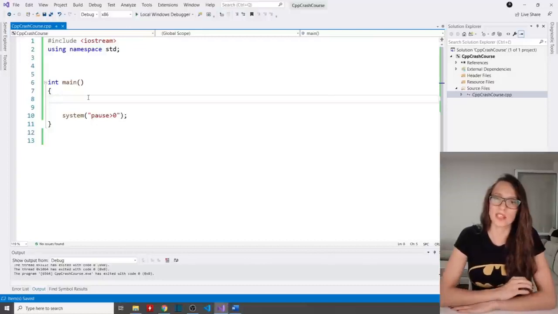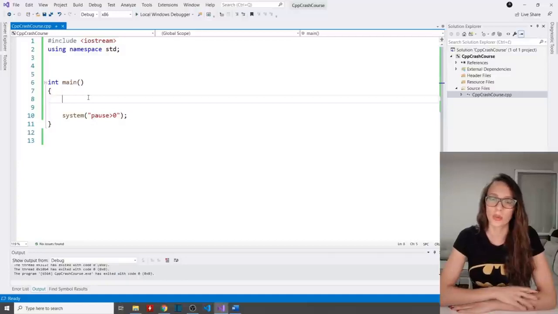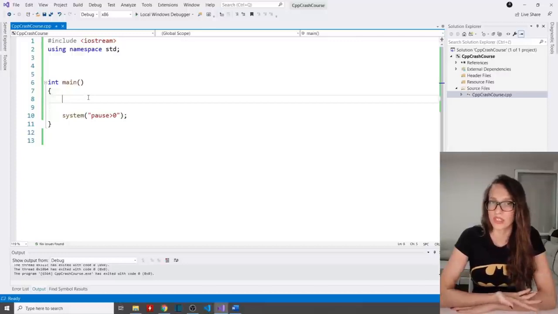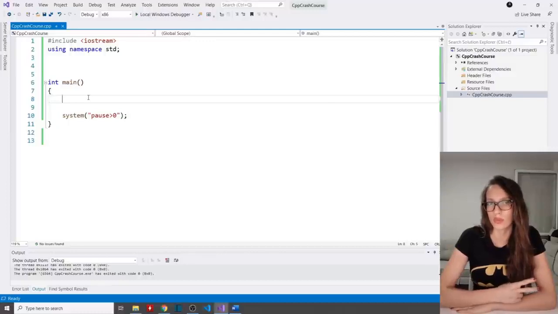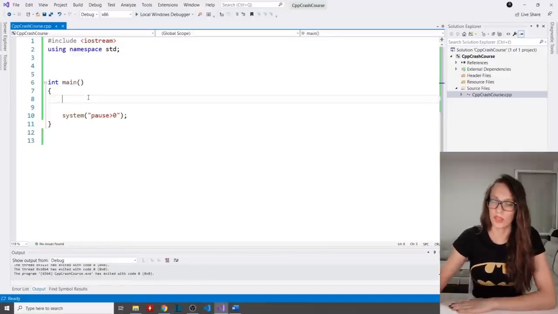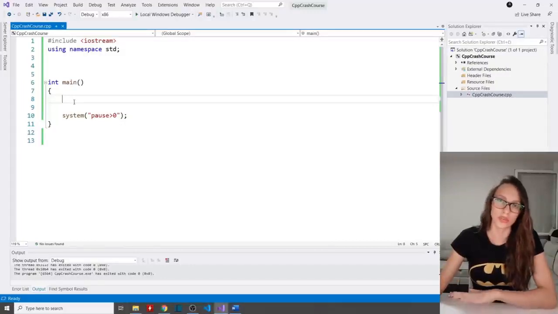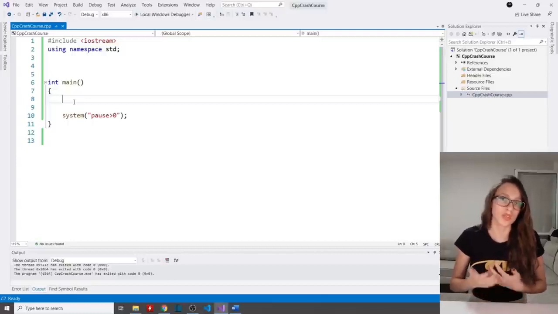Now, pointers in C++ have many uses, and if you really want to understand and work with pointers, you will probably have to take more time than just these couple of minutes that I can dedicate to pointers in this crash course. However, in this course, I will explain two of the most common uses of pointers: using pointers with functions and using pointers with arrays. The first example that I want to show is using pointers with functions, and in order to demonstrate that, I will create a function and then introduce a problem to it. And then in order to solve that problem, we will use pointers.